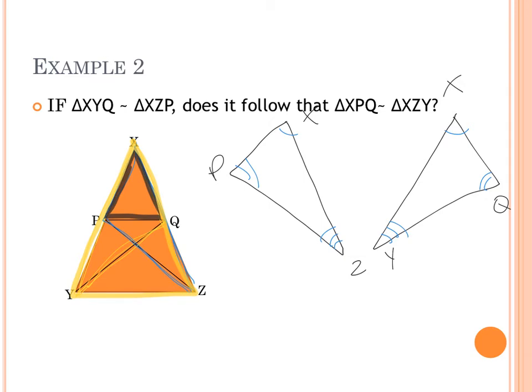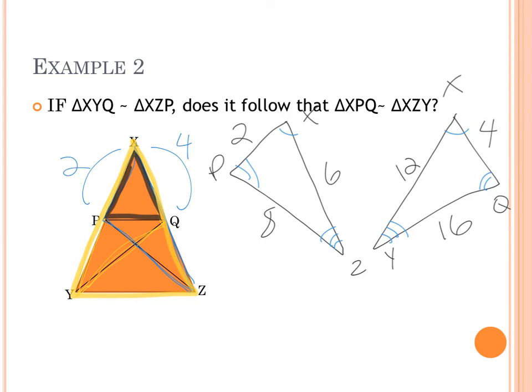And then if they're proportional, so let's say that this is, I know it doesn't look like it, but let's say that this is 2 to 4, and this is 6 to 12, and this is 8 to 16. So that would say that this 2 to this 4 would be proportional,